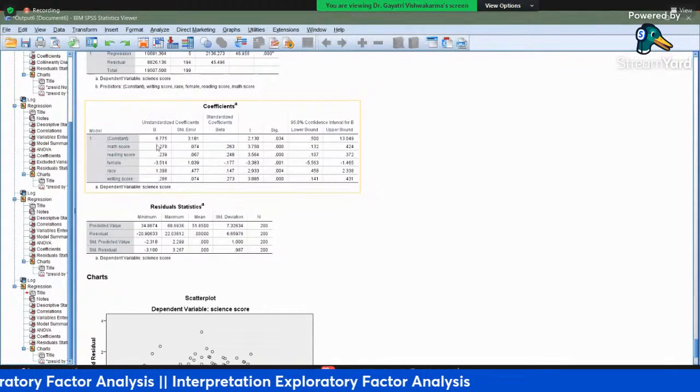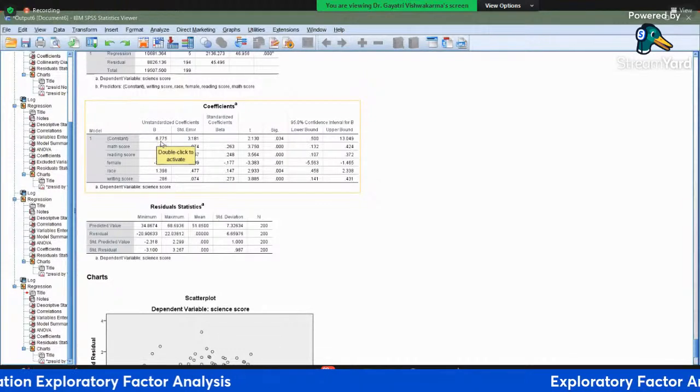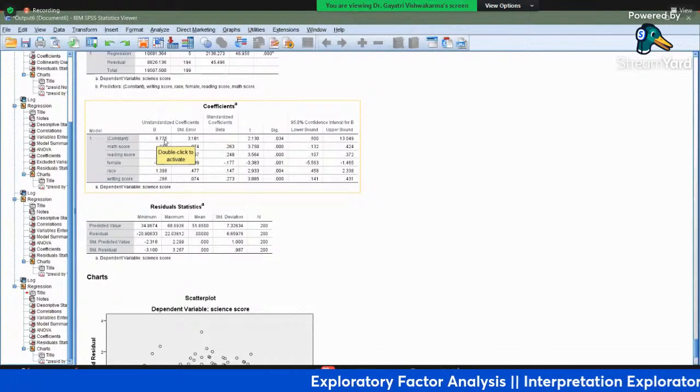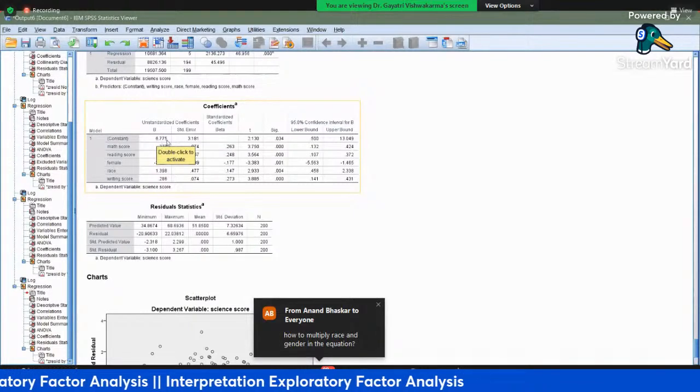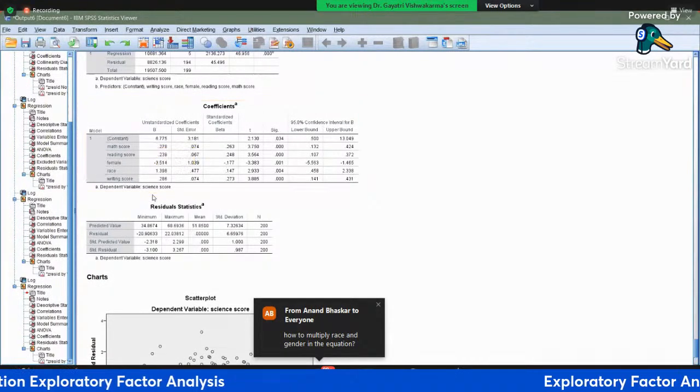Then what will be the value of science score? It is coming 6.75. Approximately you can say, because marks is a discrete variable, so you can say 7 marks one person can get if they are getting 0 in maths, reading, and writing.